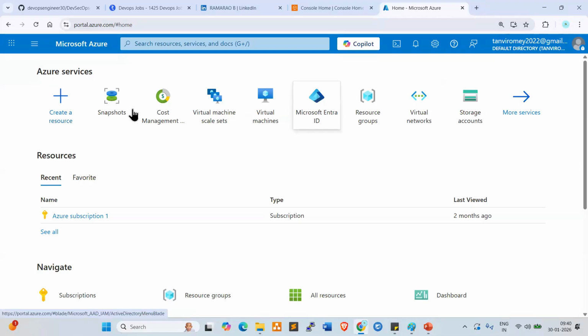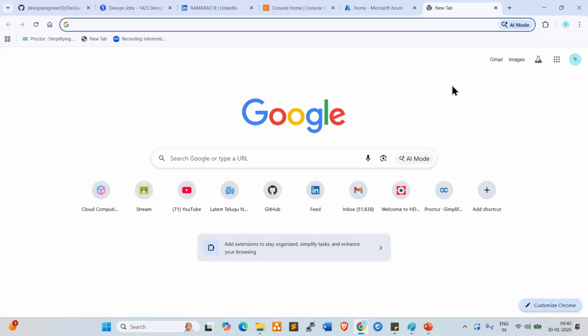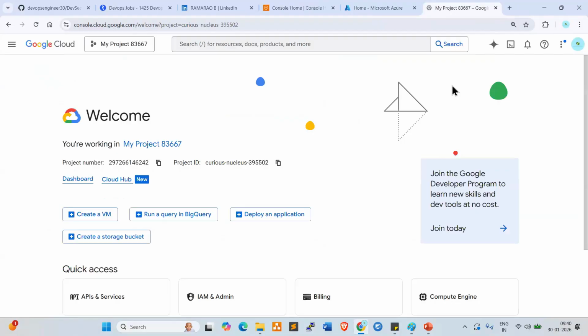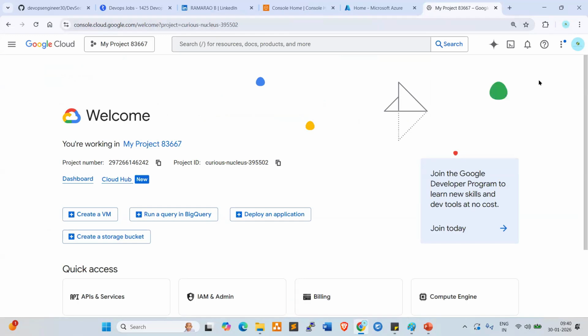These are all resources available in Azure. So we can go through all the resources. Now, GCP. So console.cloud.google.com is the URL for the GCP console connectivity. So look at here. Now I'm able to log in to the GCP account. So 3 clouds will be covered in our course. So why we require 3 clouds, Andy? Anyone? We can learn only one cloud, right? Why we require 3 clouds?